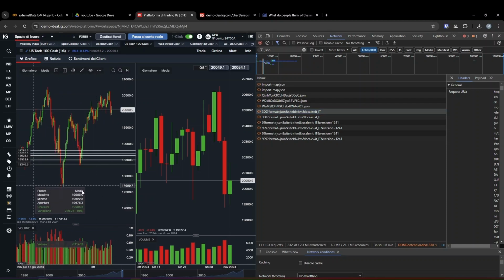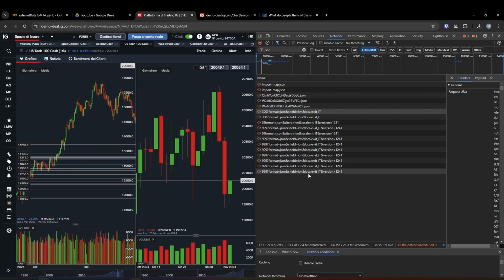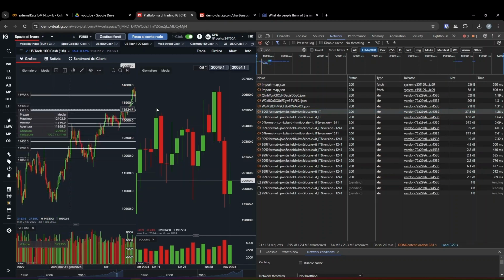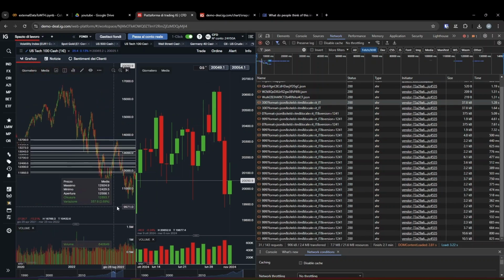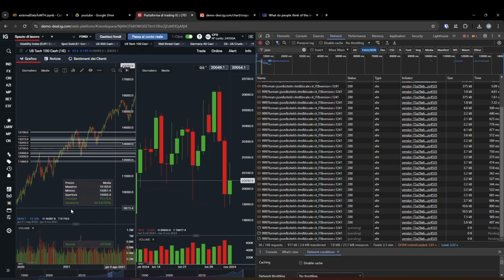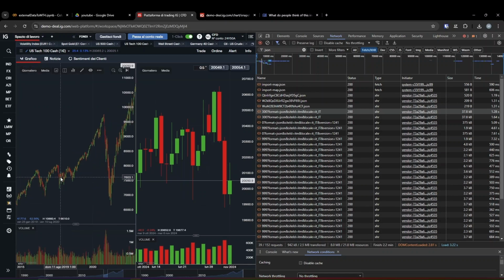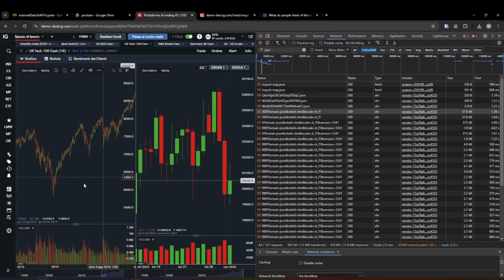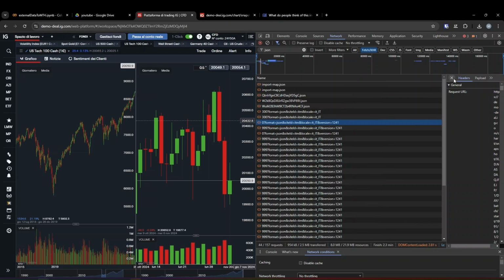So as I scroll down here, you can see that I am loading other documents. And if I keep scrolling this one right here, you see that I'm populating my developer tools right here. And let's say that right now I am satisfied with the amount of data that I see on the screen. So this means that I can also download this data. And if I'm not mistaken, the biggest file that we see,